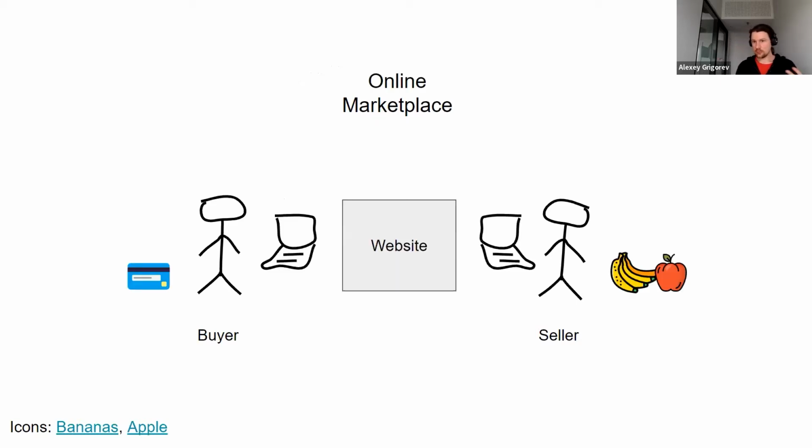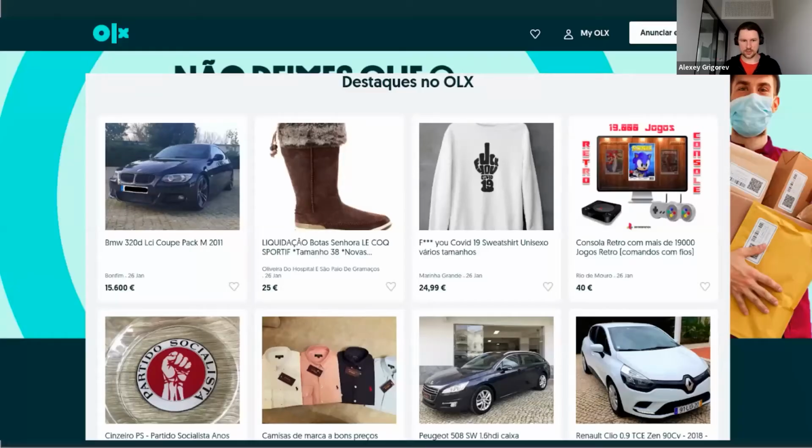In the online world, there are also places like that, where people can exchange money for things, and these places are called online marketplaces. This happens through websites, and OLX is one such example. In this picture, we have OLX. I think this is Portugal. My Portuguese is not really good, so I cannot say if it's Portuguese or Romanian, because we also have presence in Romania, in a bunch of European countries, and then all over the world.